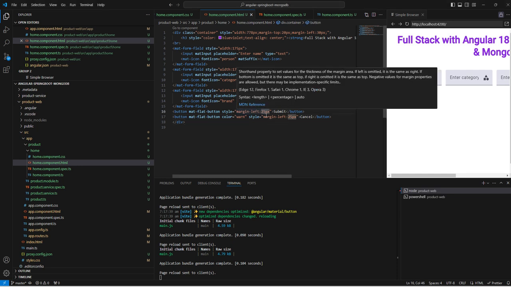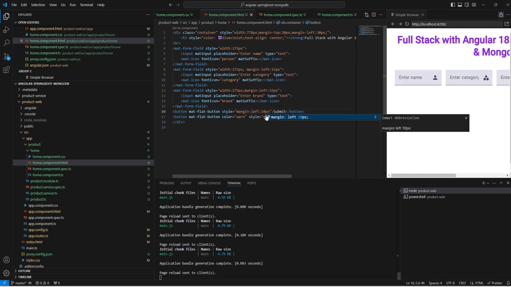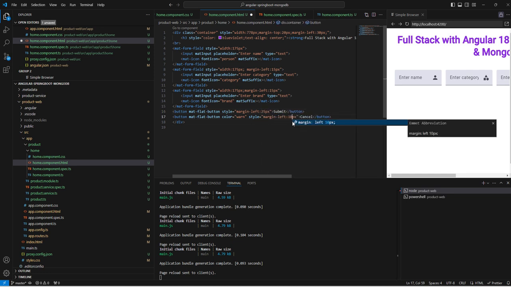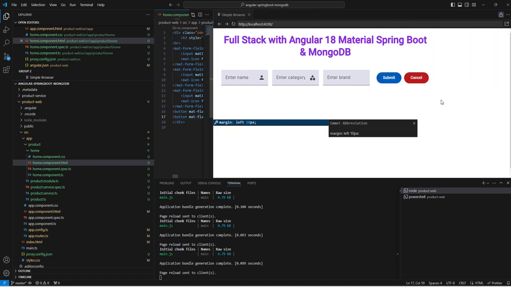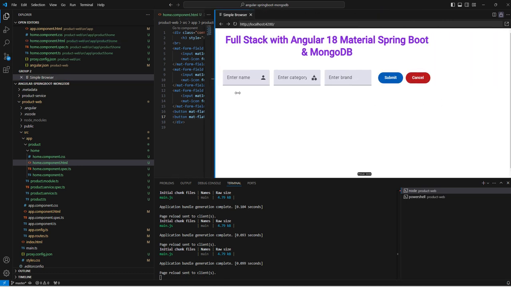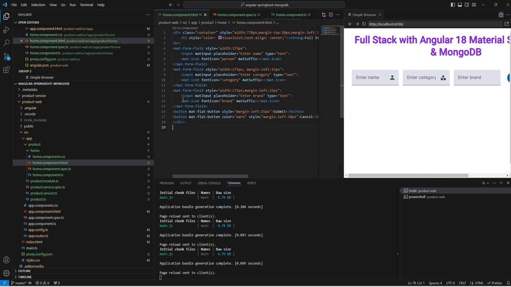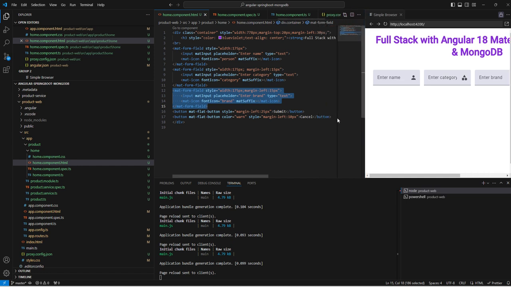Here we can make margin left as 25 here and 10 pixel here. Seems good, it is showing as expected. Now let us create one more form field, but rather here let us add one line break, and here we need to add the search filter. For that, again we can copy one form field and add it here, and here we can say search product